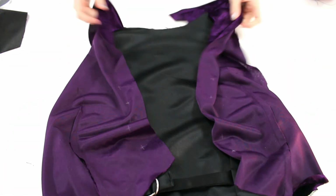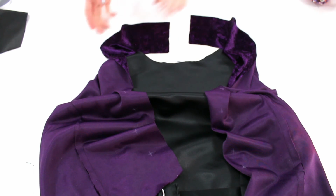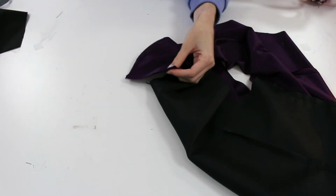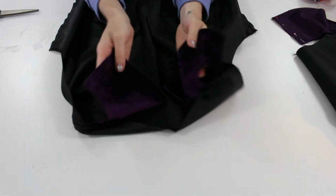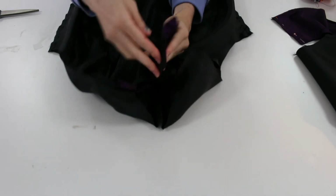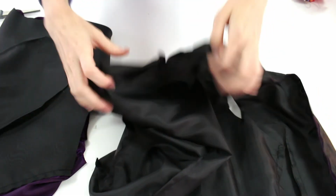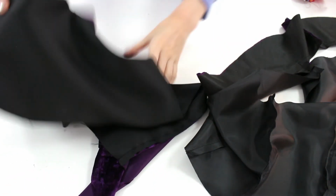What we're going to do is fold it back with the wrong side up. We're going to grab these two pieces of the collar and fold them over each other, just match up the edges there. We're going to stitch that with a 1 centimeter seam, and then the lining should be looking pretty well the same to the front, so all sewn up. And we're going to do the exact same thing, matching up these two pieces and sewing 1 centimeter down that seam. Okay, so the collars will look kind of like that